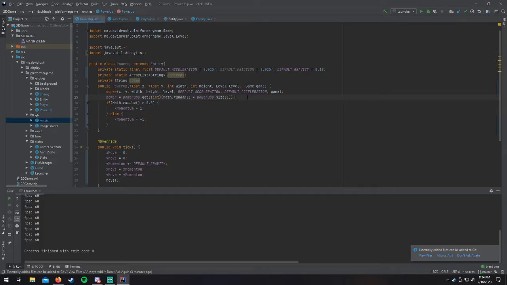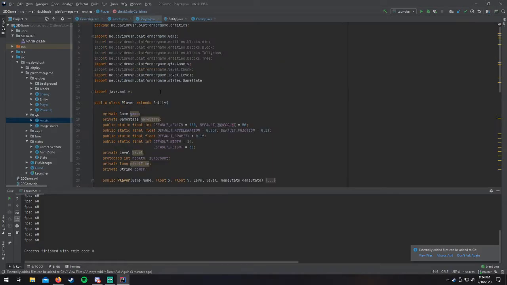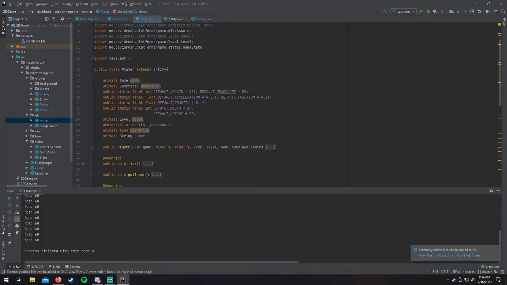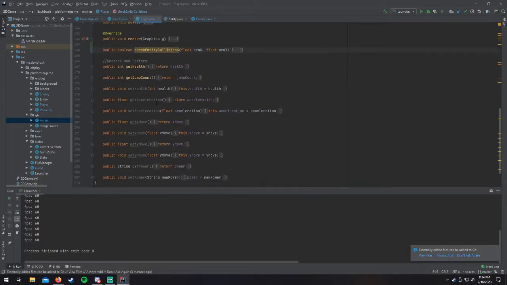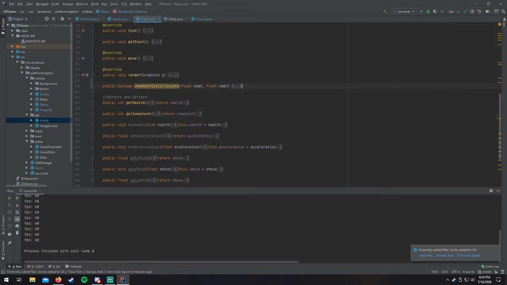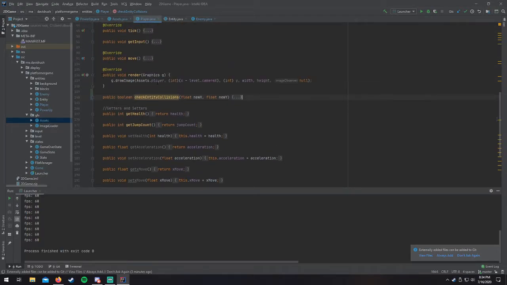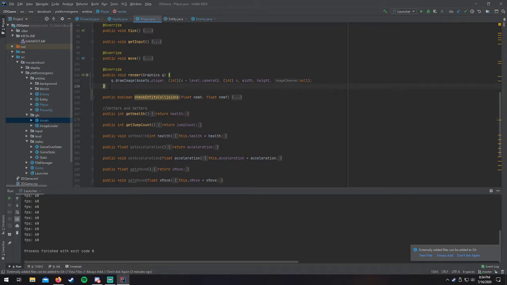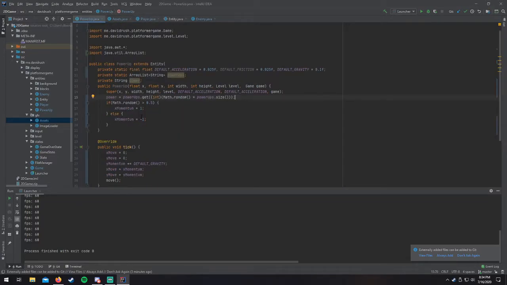And there we go. We also should set a buffered image. Like here in the render class, it just grabs the player asset from there, but we don't want to do that. So instead, what we'll do is